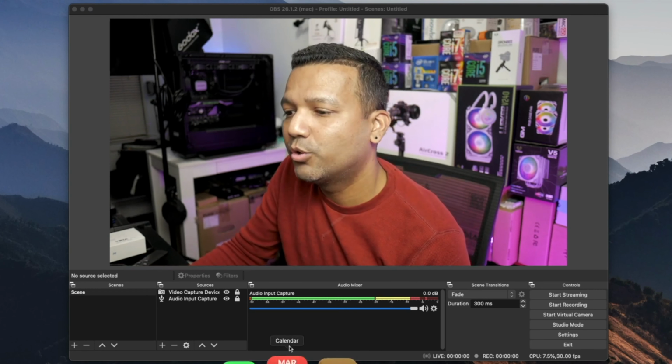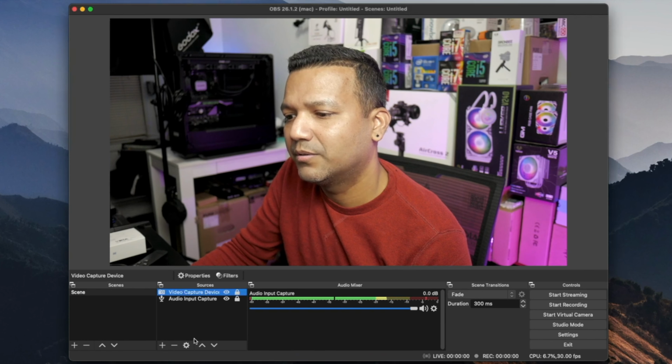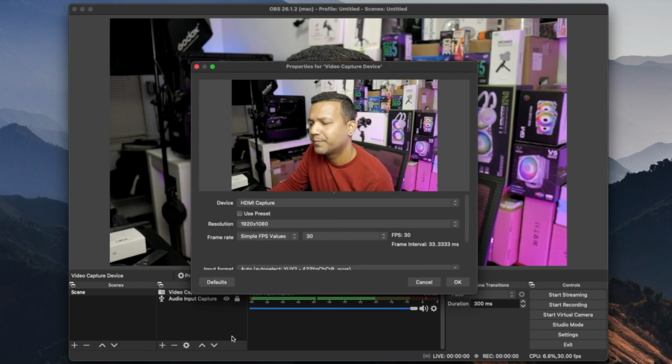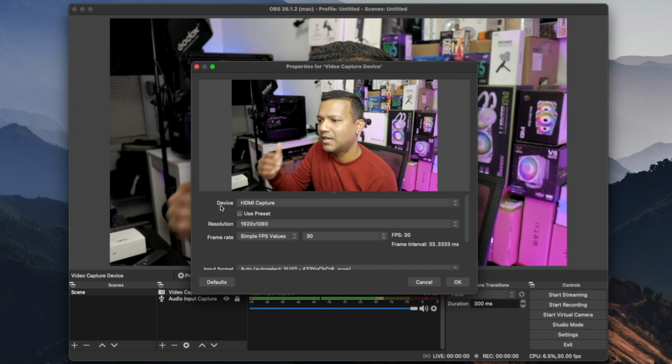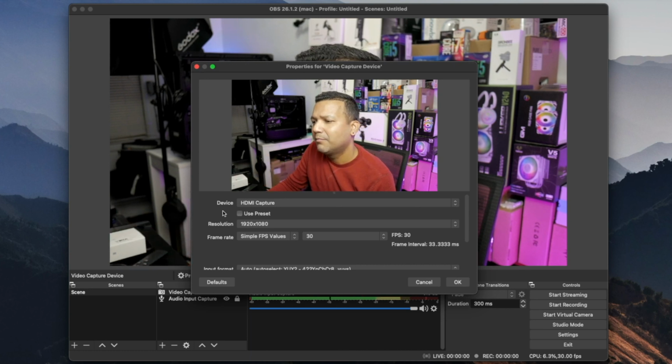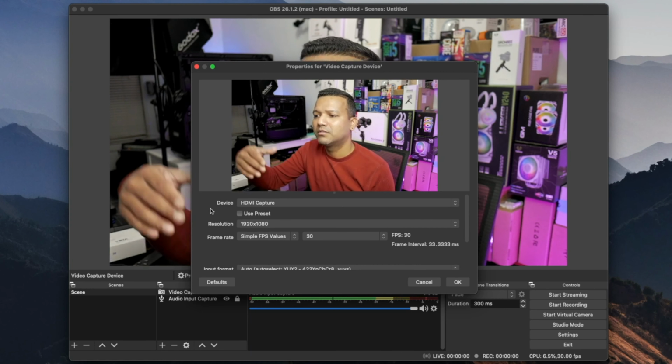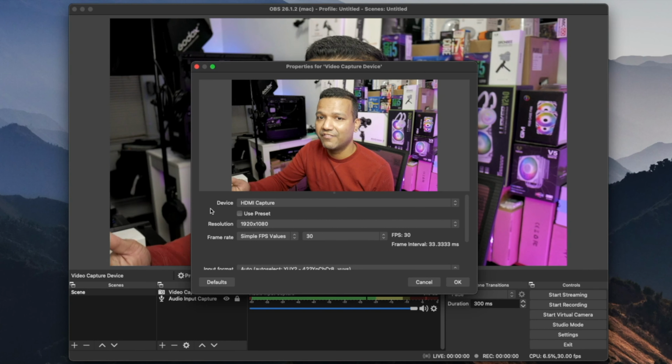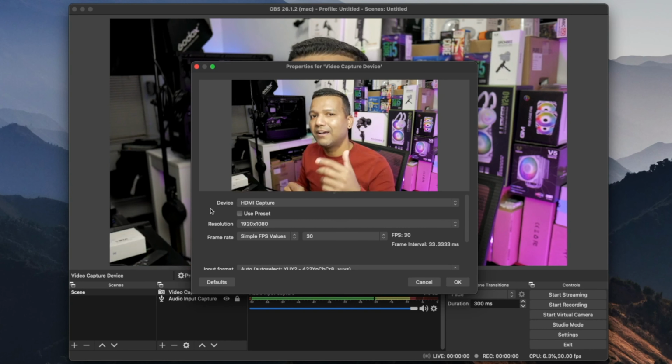So first, let me show you guys the video capture device setting right here. Okay, let's go to setting. So you guys can see the device name, HDMI capture, and make sure you uncheck use preset, because by default resolution shows here 720, but currently I have the camera set to 1080p 30, so I want to make sure